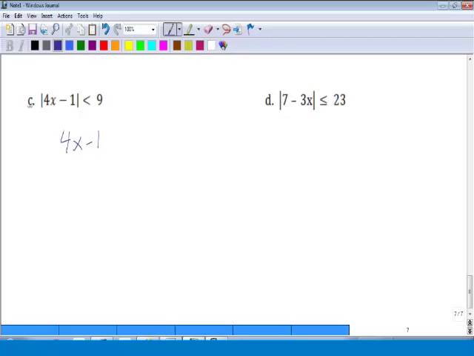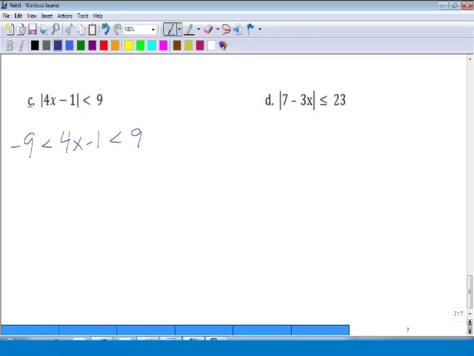It's less than 9 but greater than negative 9? It represents a number that's within 9 units, less than 9 units away from 0, so it's got to be between negative 9 and 9. We'll come back to this one, but what about if the absolute value of 7 minus 3x is less